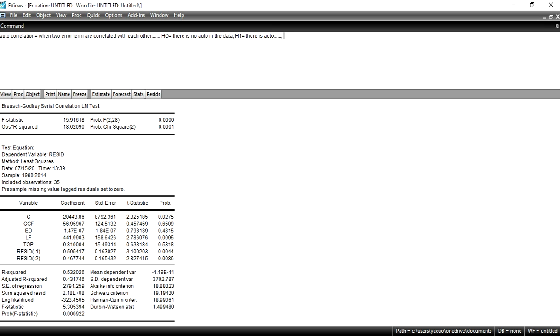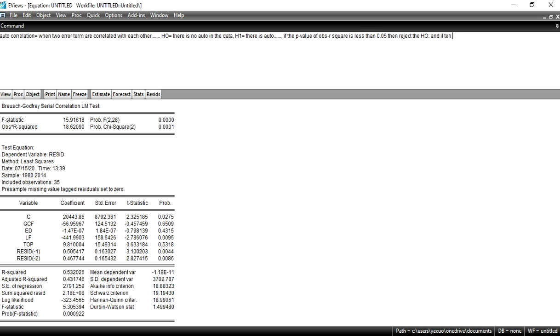I will write it here. If the p value of observed R square is less than 0.05, then reject the H naught.